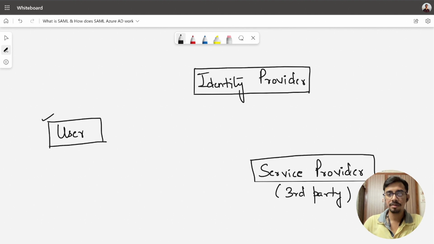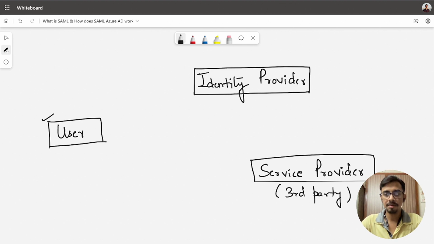Now let us come to the identity provider. The identity provider is a system that is actually verifying the identities of users, or you can also say that it is validating or authenticating the users.